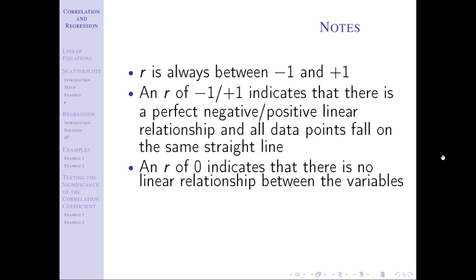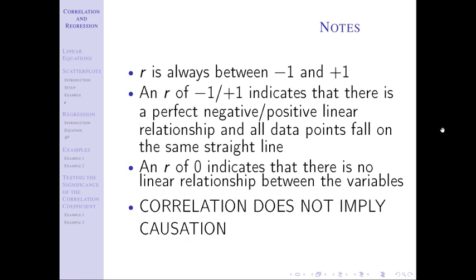So that kind of wraps us up with all 3 pieces. When we're talking about R, we are measuring only the linear correlation. The sign tells you the direction, and then the magnitude tells you the strength. The bigger the number, the closer it is to 1 or -1, then the stronger that relationship is. The closer it is to 0, the weaker it is.